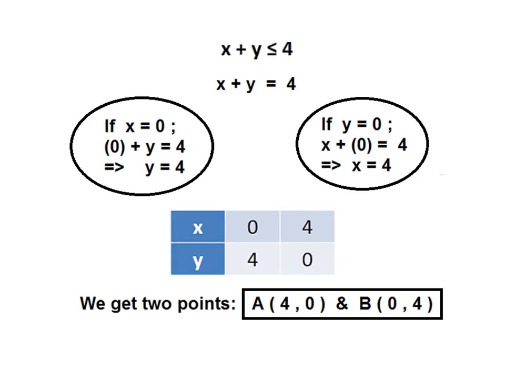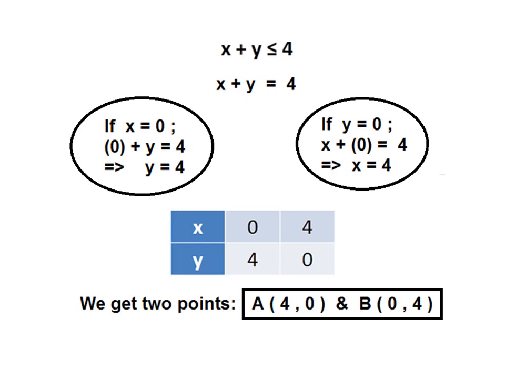So how do we solve? First we will take the constraint that is given to us, x plus y less than or equal to 4. We convert the inequality into an equation, that is x plus y equal to 4, to identify where the line lies, so that by looking at the line we can judge all the points in the feasible region. First we take the equation x plus y equal to 4 and put x equal to 0, as you can see in the oval on the left side. Automatically the equation becomes y equal to 4. So when x is 0, y is equal to 4.